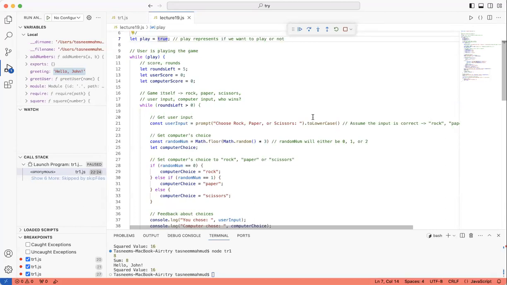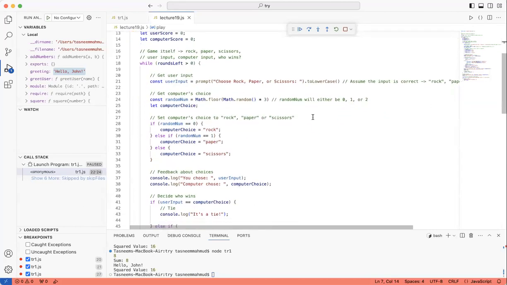If the rounds are more than 0, the game actually starts playing. In this case, as you can see, it just prompts to choose rock, paper, or scissors, and then goes on to create a random number which is needed for the if-else statement. Because the rock, paper, scissors from the computer's part has to be random.